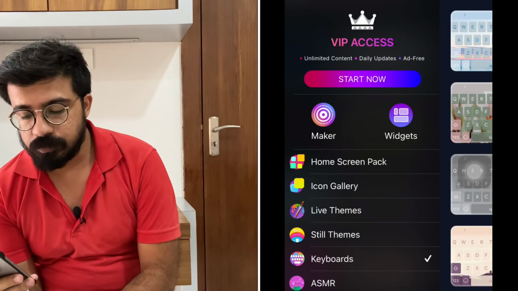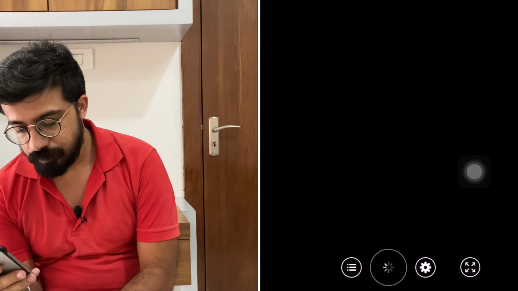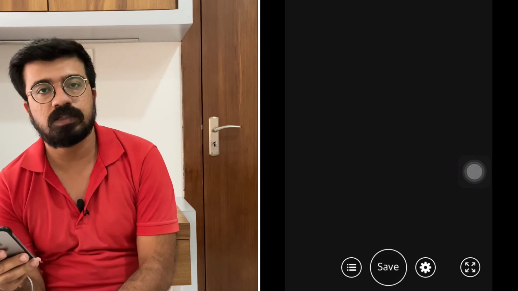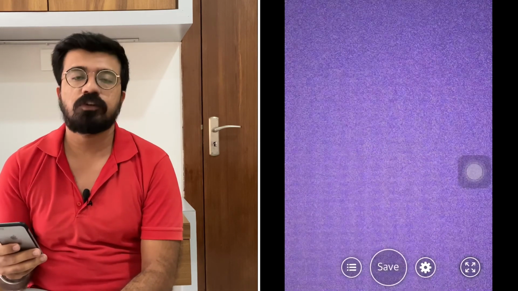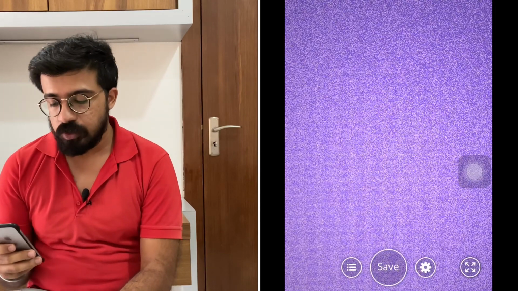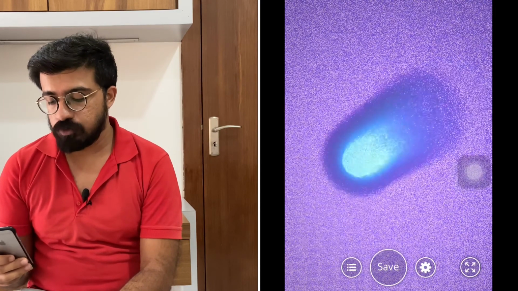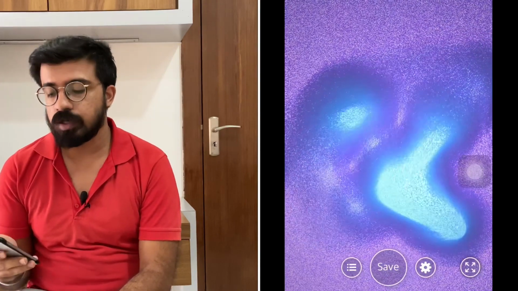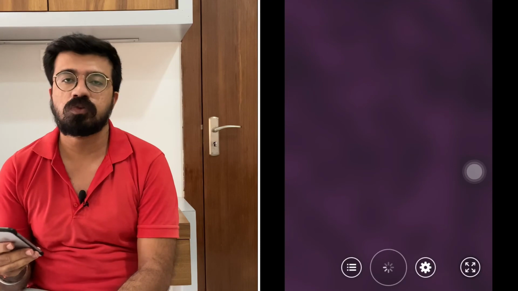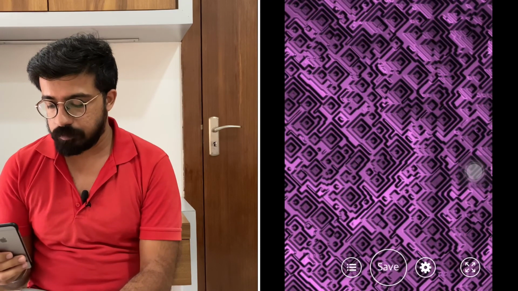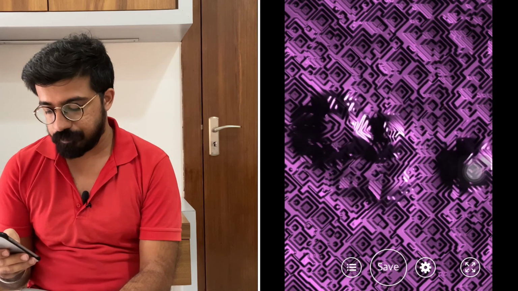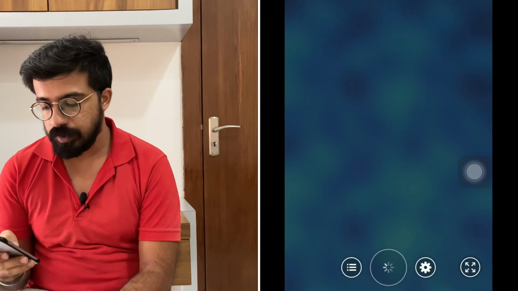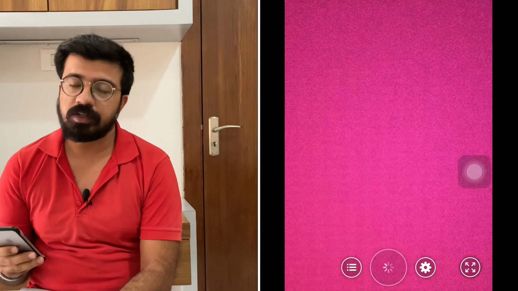Also, there is this option of ASMR, and what it does is it reacts to the way you touch the screen. It plays a sound and gives you satisfying feedback. For example, if you move your thumb over the screen, it gives you a pattern. It reacts to the way you touch it. And there are also many options you can select if you want this too for your home screen or lock screen, and it surely looks very different.